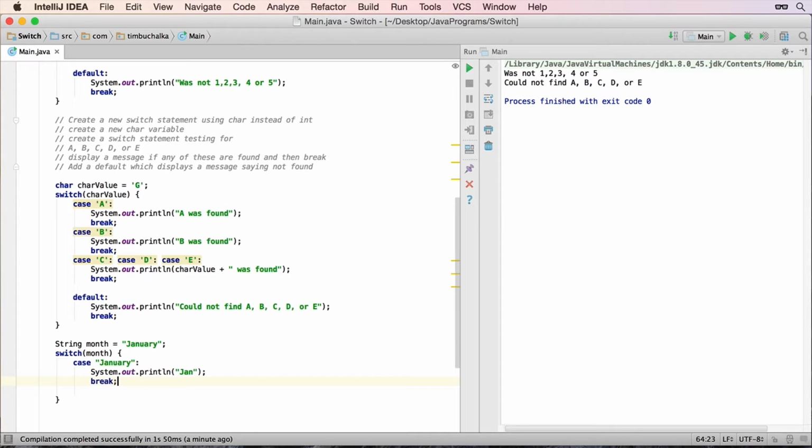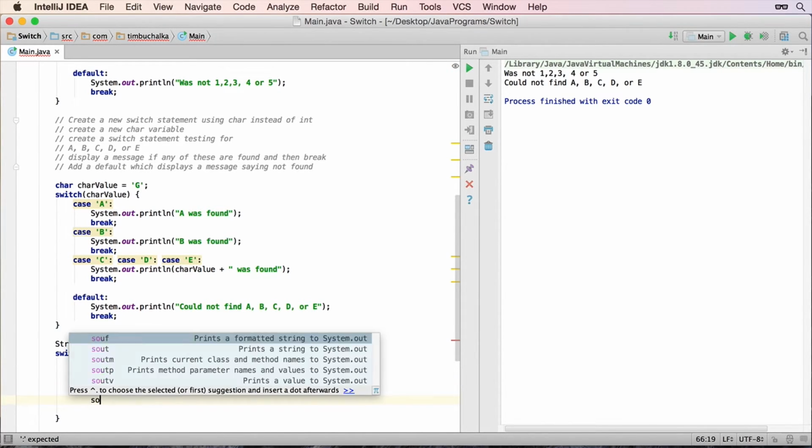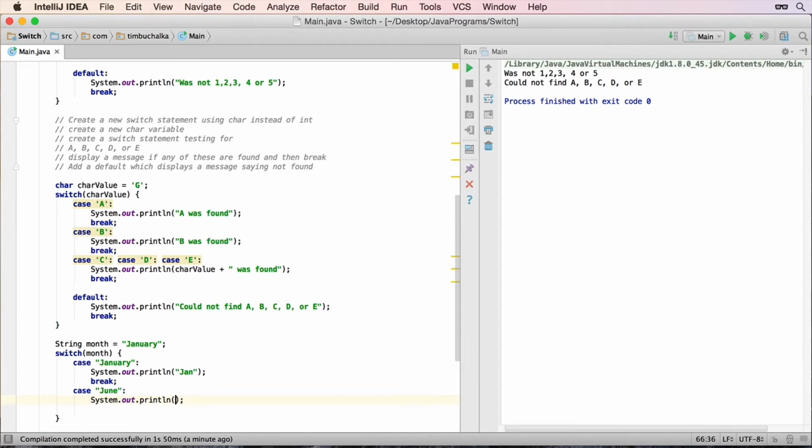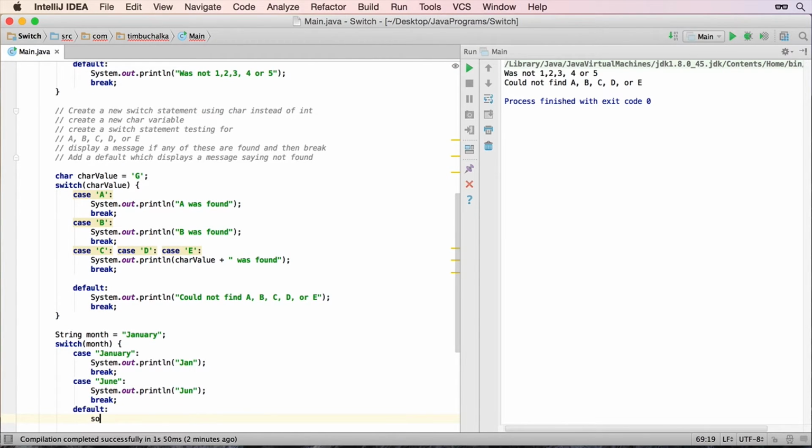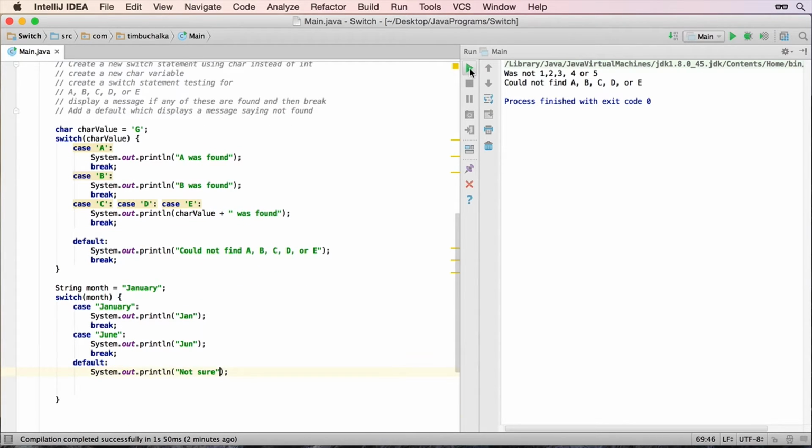Break, and we'll just do one more. We won't go through all 12 months. We'll just say June, my birthday month, June abbreviated. Okay, then we'll just do a break. Default is not, we'll just put not sure. Okay, so if we run that,